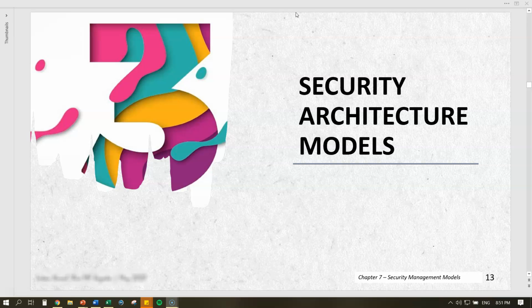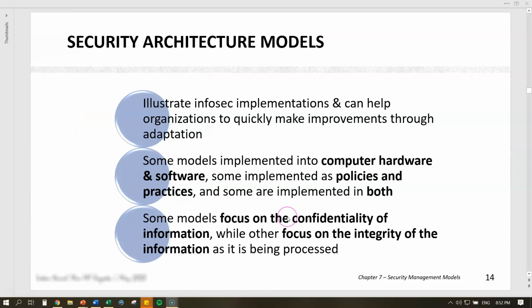Next is security architecture models. Security architecture models illustrate InfoSec implementations and can help organizations to quickly make improvements through adaptation. So bila ada security architecture models ni, ia membantu the organization to see a clear picture how the security management model will become. Some models implemented into computer hardware and software, some implemented as policy and practices, and some are